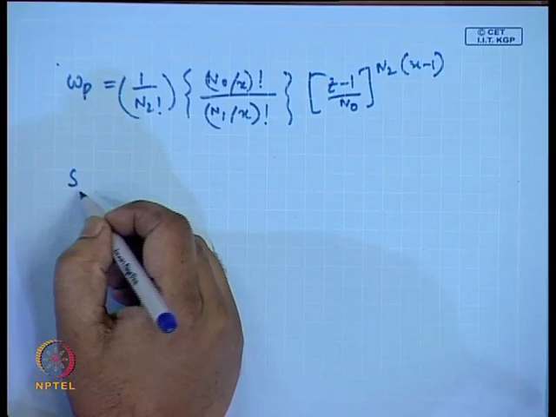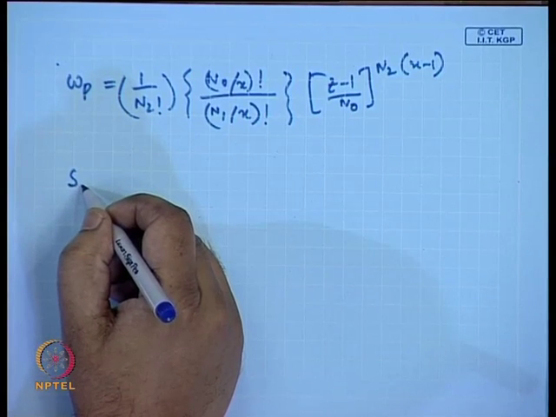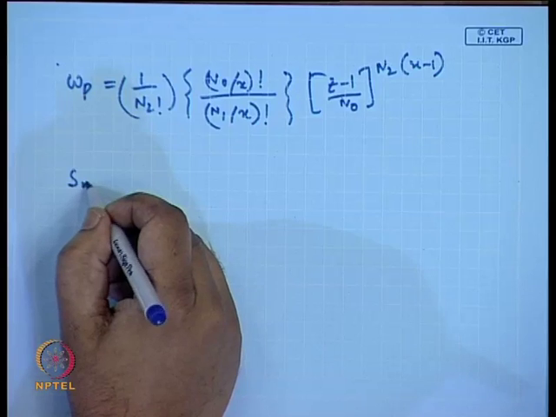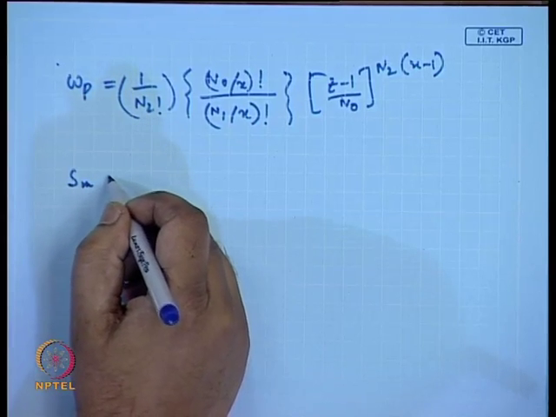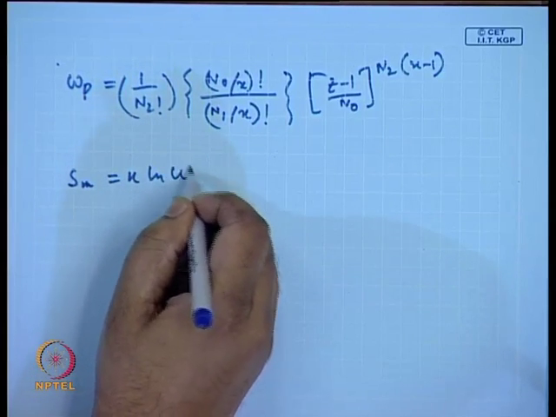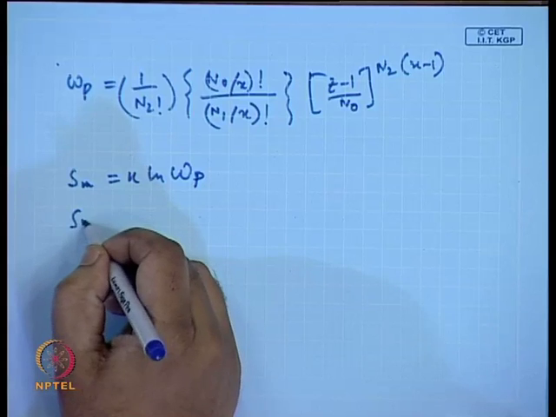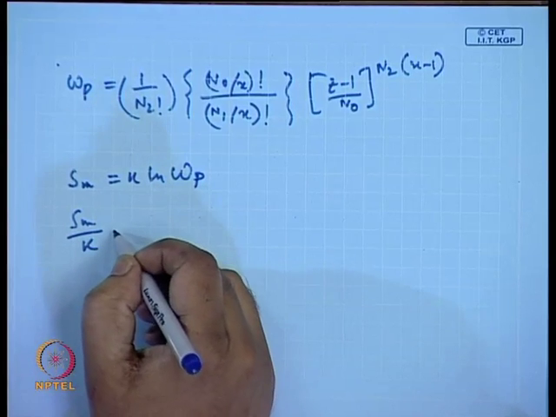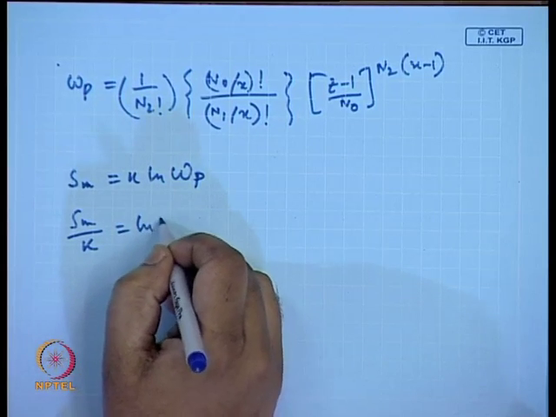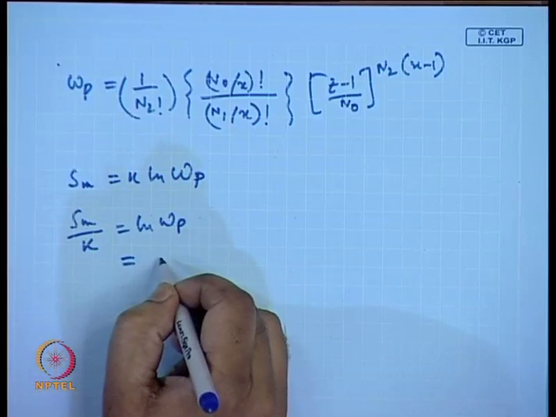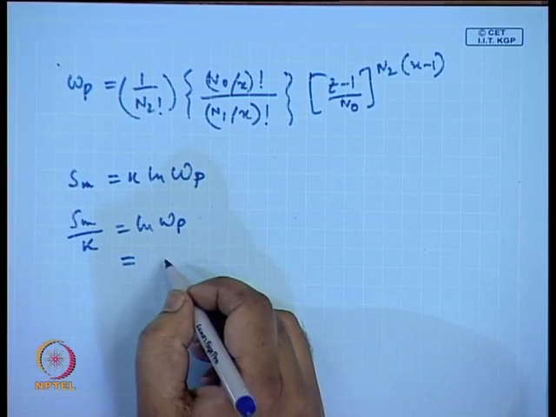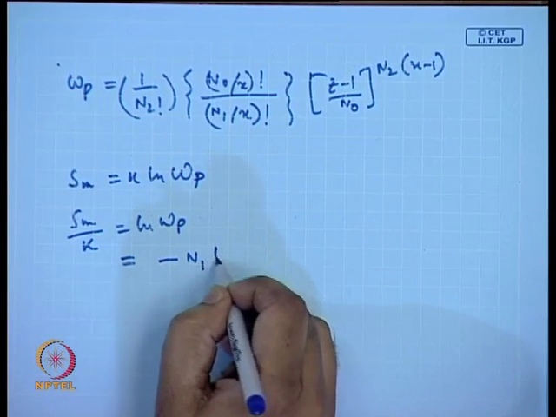What will be the combinatorial entropy for this mixture? It would be k ln W, so S_m by k, ln W would be given by minus N1 ln